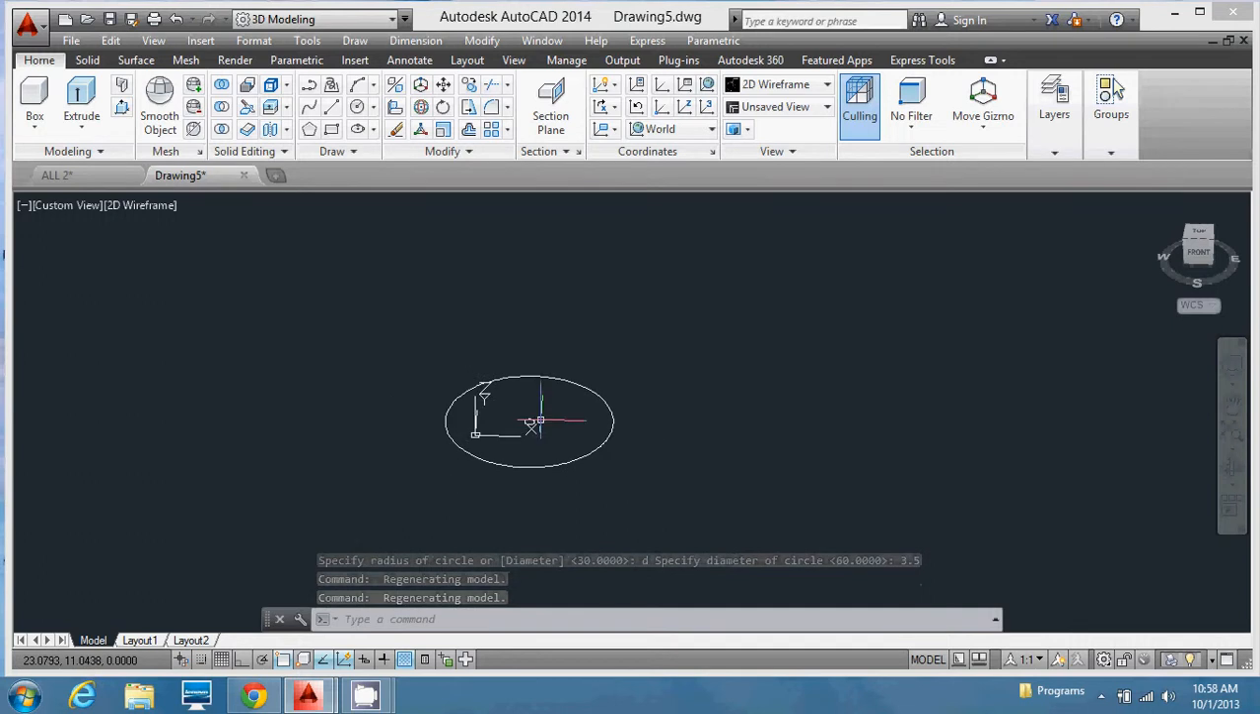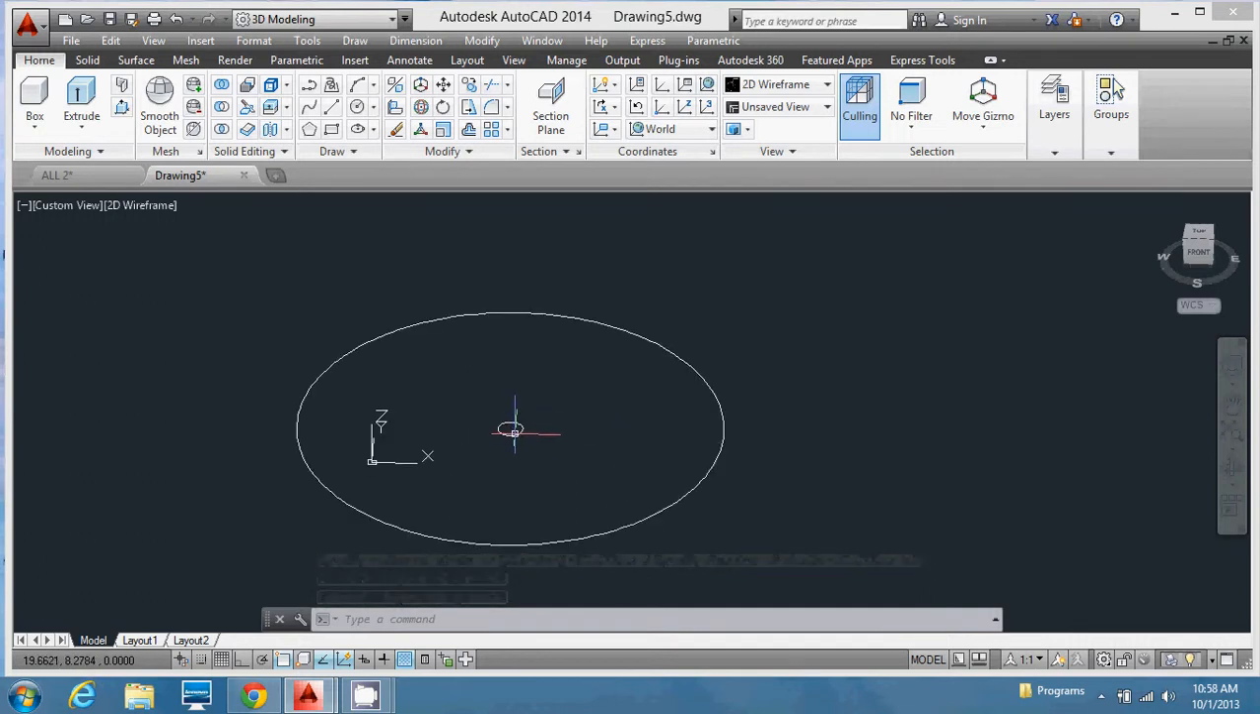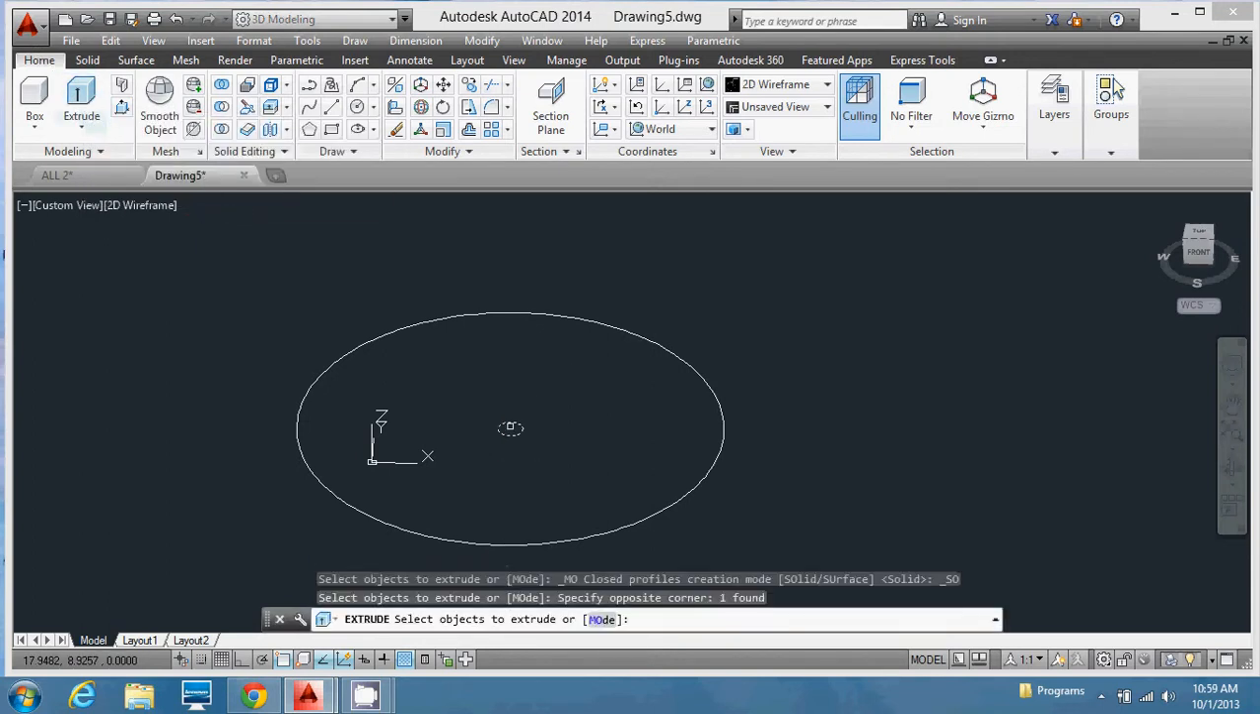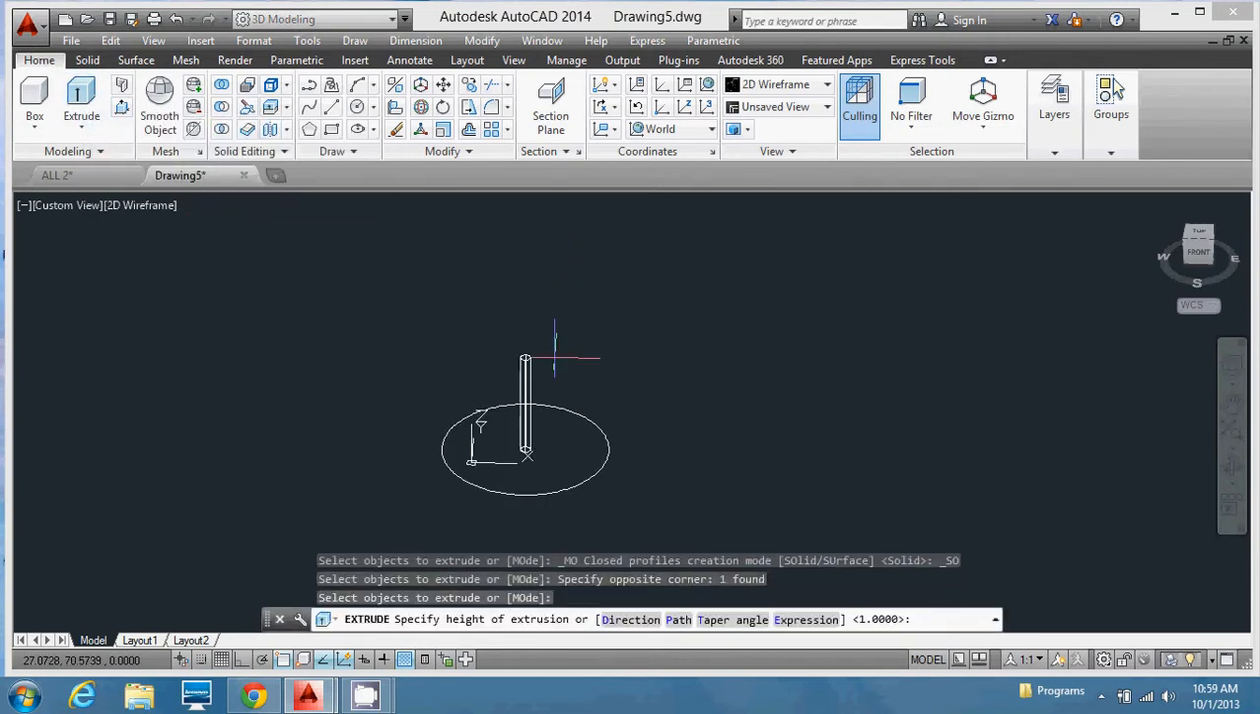Okay, so now we're going to extrude the inner cylinder. You can type in EXT for extrude, like so, or we can go to your extrude command at the home tab. So we select the extrude, we select the circle, and depending on your height, let's specify this will be a